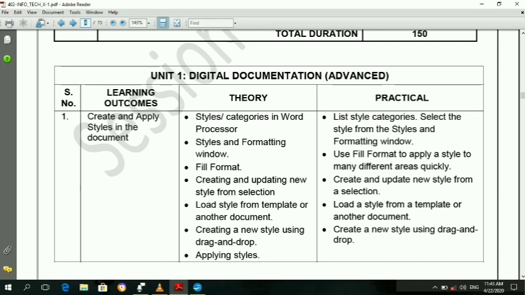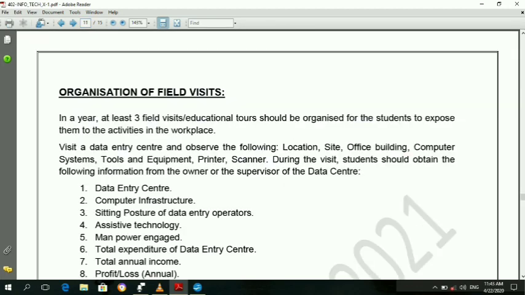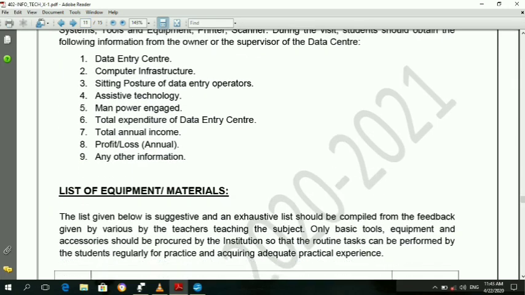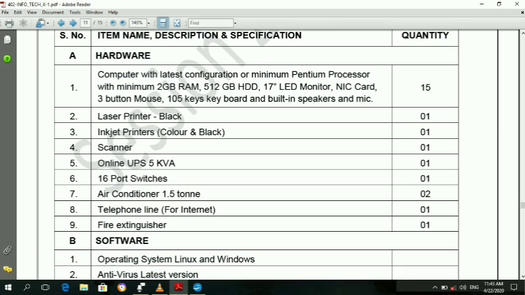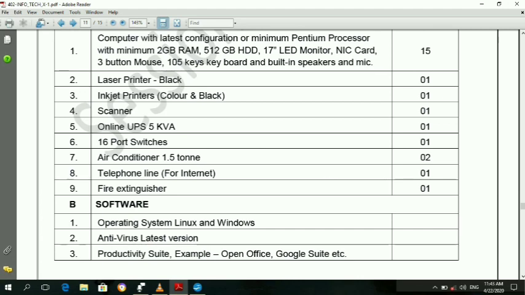Now the question is, why are we using OpenOffice? We are not using MS Word, MS Office. Why? Because of the syllabus. CBSE specifically says what types of hardware and software we require. In the software it says we have to use OpenOffice in place of MS Office. See here, OpenOffice is written clearly. That means your paper will be based on OpenOffice software, and you have to learn all the steps and all the question answers based on OpenOffice.